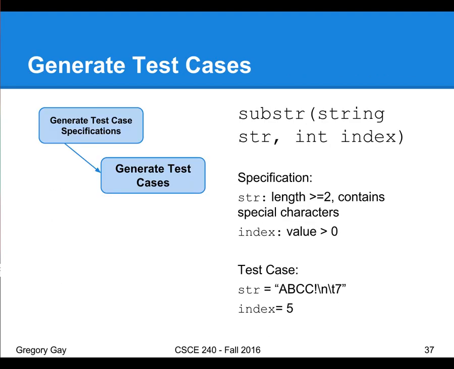Right? And then finally, your last step is to take those and start assigning concrete values. Now, each of these abstract specifications can typically take on dozens, if not hundreds, of concrete inputs. So you typically don't want to try just one case, but try a few different cases, just to make sure you don't accidentally stumble on something weird going on. To make sure you get agreement each time.